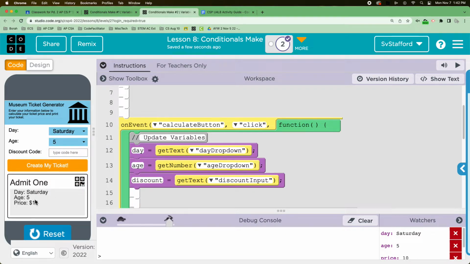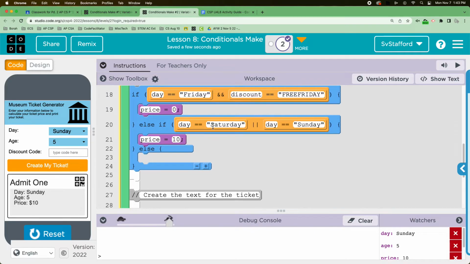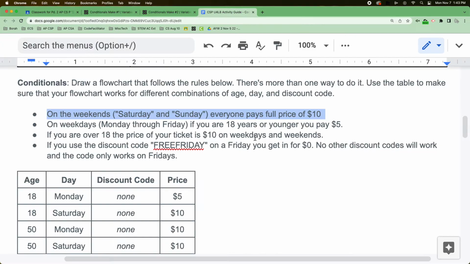So Saturday is $10, very good. And then let's also go to Sunday. Sunday is also $10. Okay, perfect. That seems to make sense to me. So days equal to Saturday, days equal to Sunday. Let's look at the other conditions. The other condition